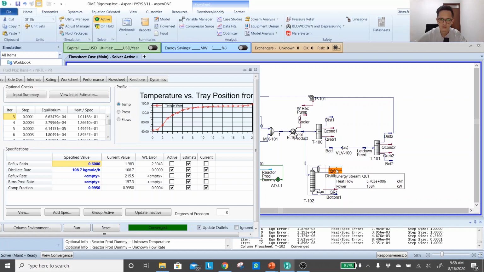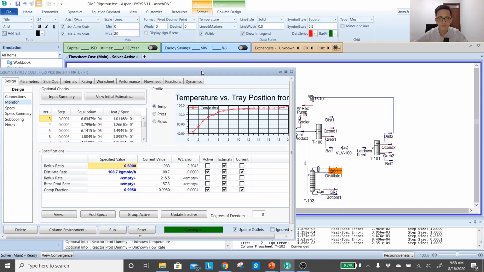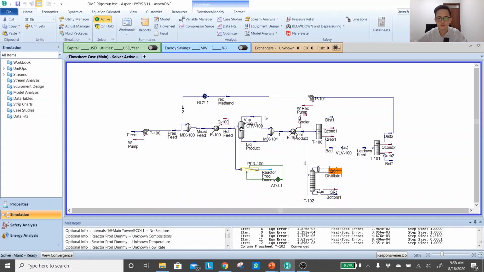Condenser duty. Okay, it increased by about 250 kilowatt. That's very logical. If you increase the amount of reflux, that means you increase the load of your condenser. So again, it's a matter of optimization between capital cost and operating cost. So for now, we'll leave it at that because it already gives you the correct product specs. So that's good for now.